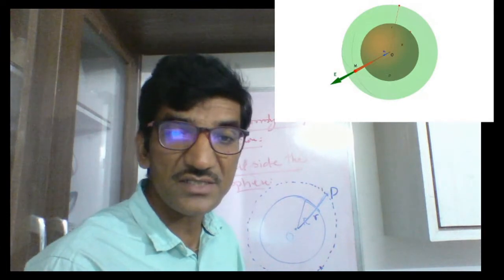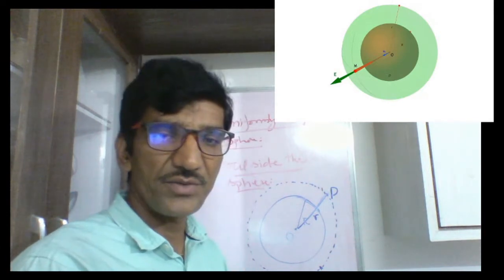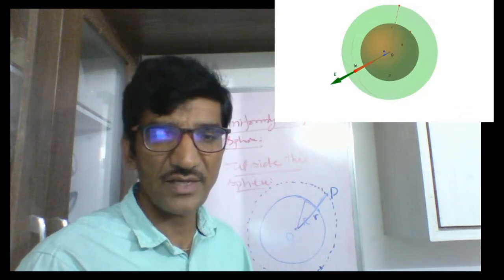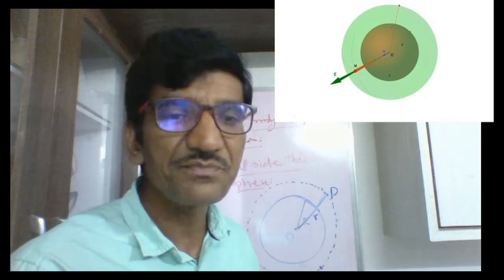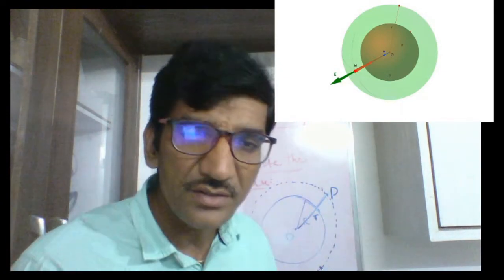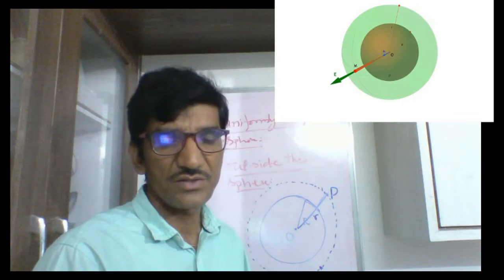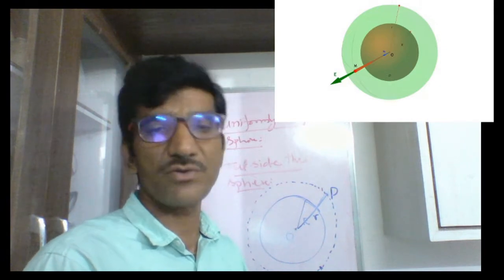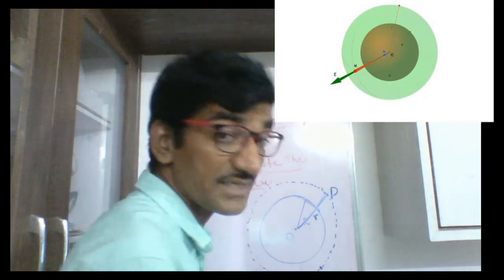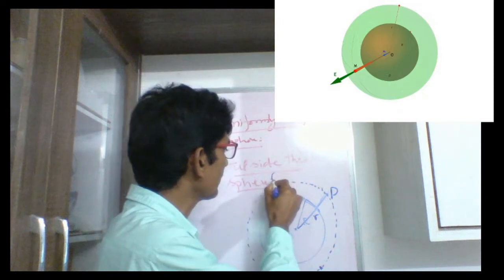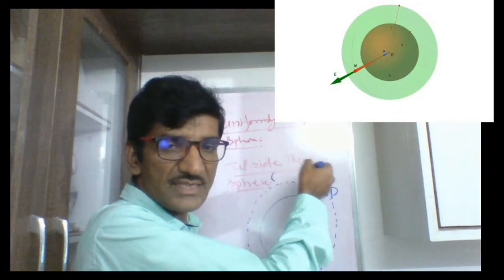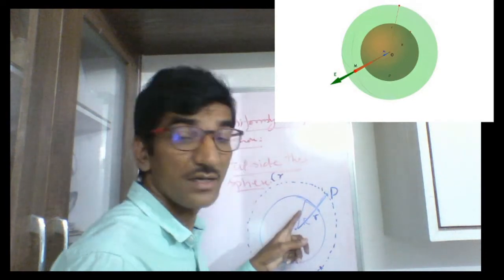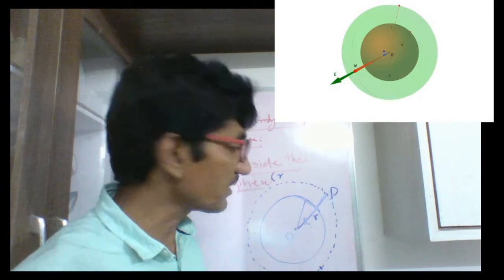So how much charge is there inside your Gaussian surface? Whatever charge is there inside the sphere, all that charge is inside the Gaussian surface. So on the RHS of Gauss law, in the place of Q enclosed, simply you have to put Q. In this case, how do we write this in mathematical form? Here, is your small r less than capital R or greater than capital R?